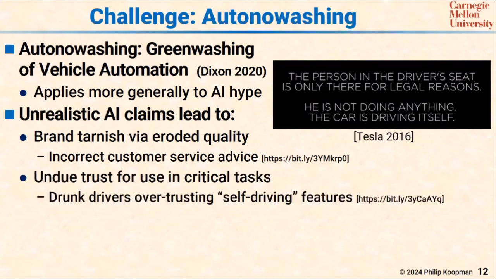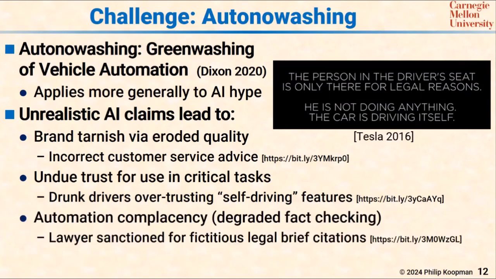There's also undue trust for use in critical tasks. We've seen drunk drivers over-trusting self-driving features from more than one company, ending up in at least some fatalities here. And what's going on? Well, they've been told the car is a better driver than they are. And they say, well, I'm drunk. The car drives better than me. I'll let it drive me. And the messaging didn't make it clear that it's only a better driver because we're counting on the person to save it when it makes a mistake. That gets past them. They don't hear it, or they're drunk, and the nuances don't really register at the time. But we've seen people hurt and killed because of unjustified confidence in AI performance.